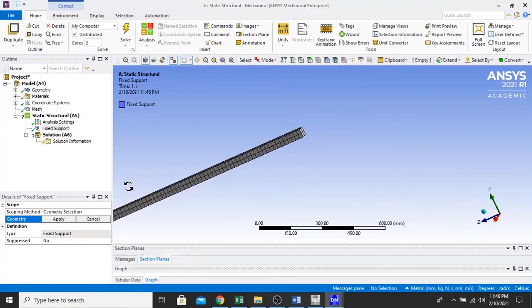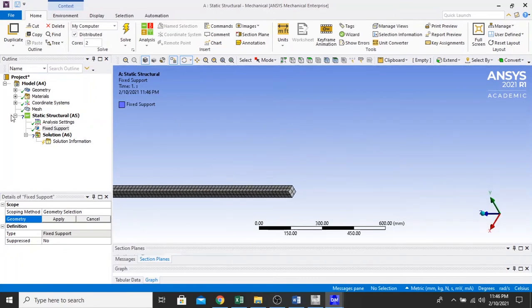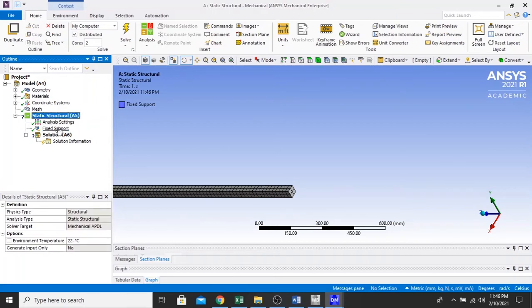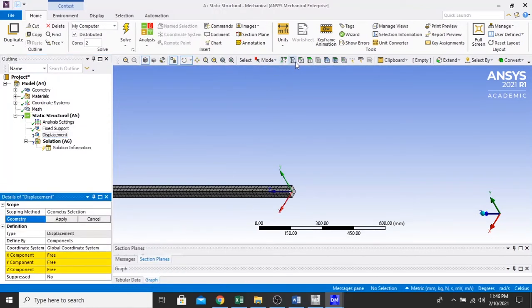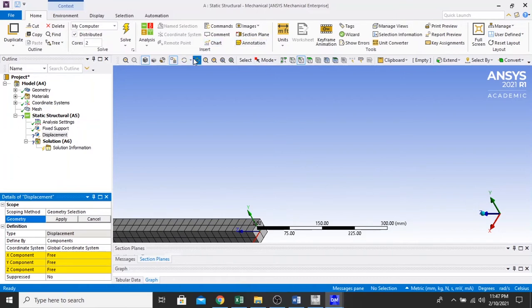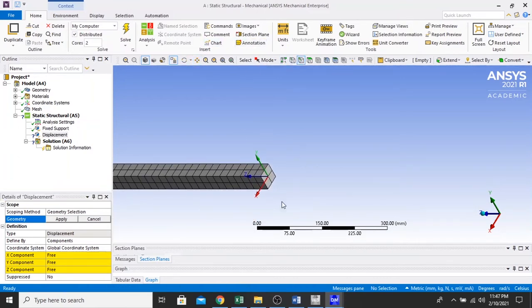Just the opposite position from the fixed support. Now we right click again, click insert displacement, and now in the taskbar once more we click the edge selector. We click this edge, just exactly opposite with the first of the fixed support edge. Click apply, and then